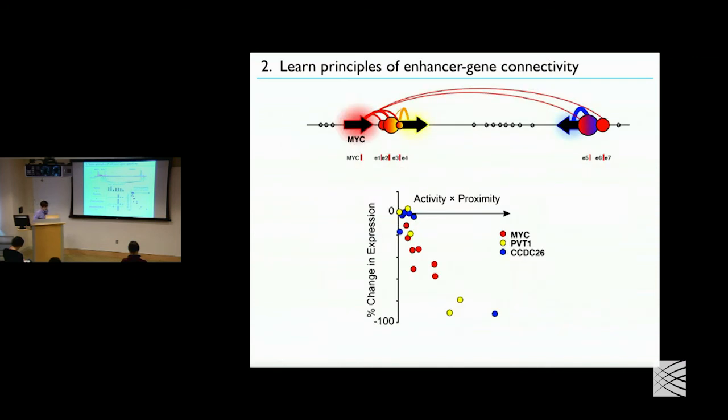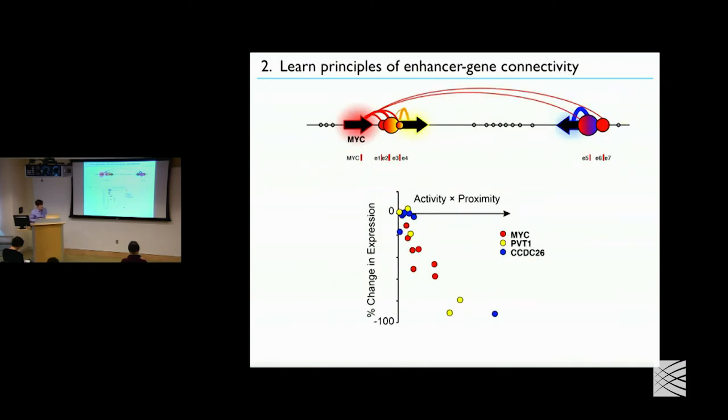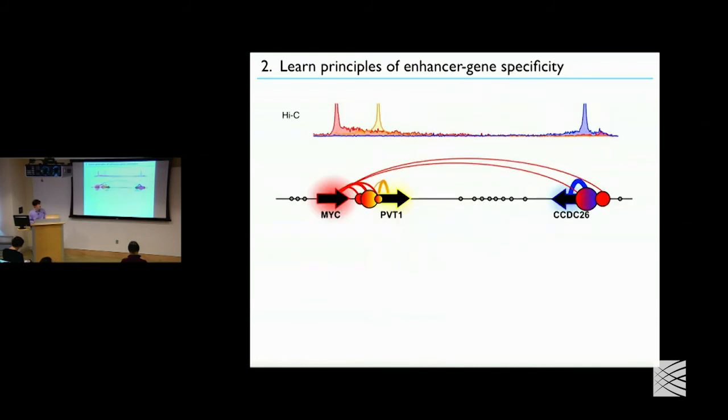Okay, so we can do actually a pretty good job of predicting the quantitative effects. In fact, it's kind of surprising that this really simple model can actually predict some of the weird behavior that we observe in this locus. So for example, here's the full connectivity diagram of this region based on the experimental data that I just showed. All 7 of these enhancers regulate MIC.